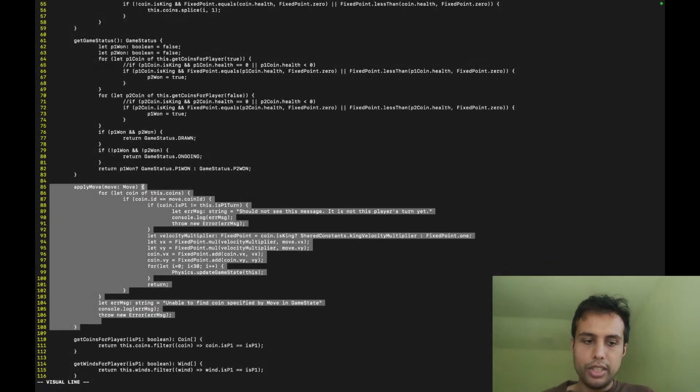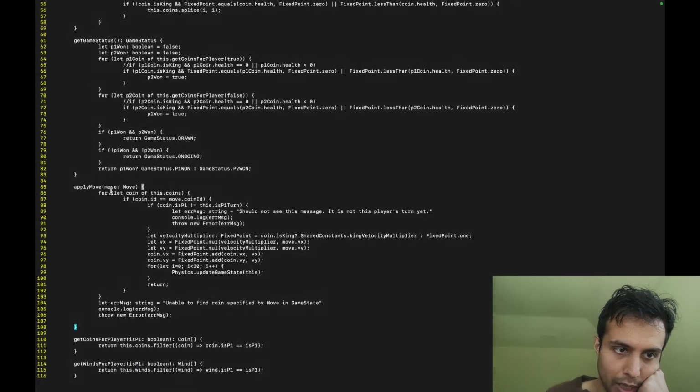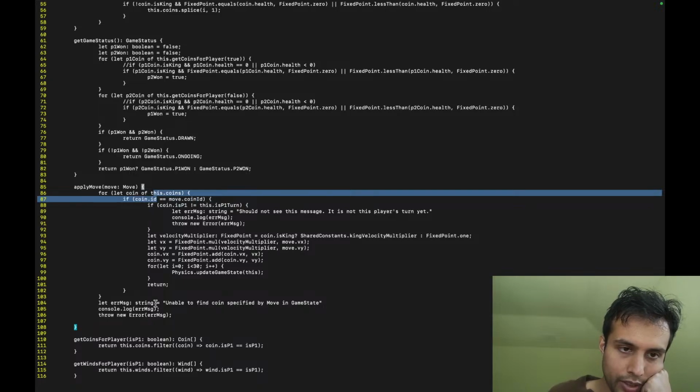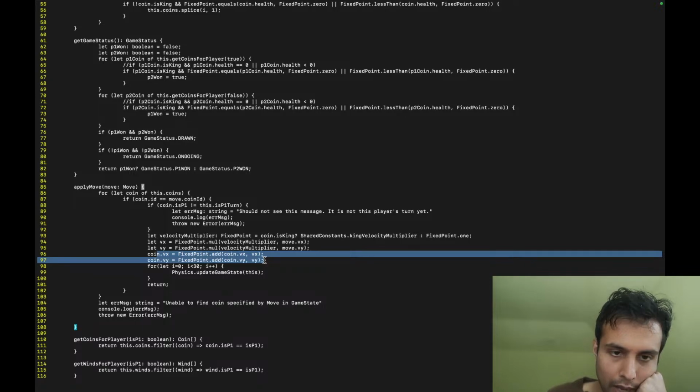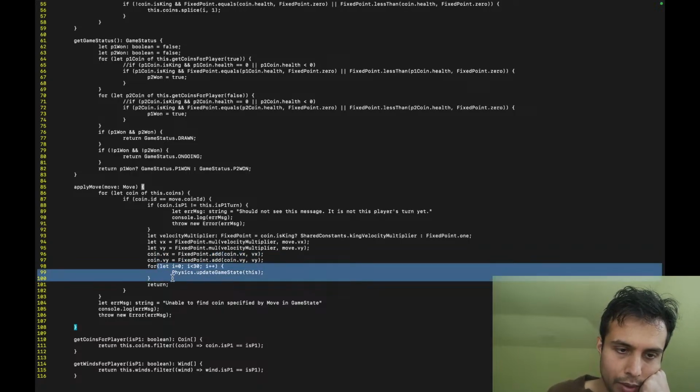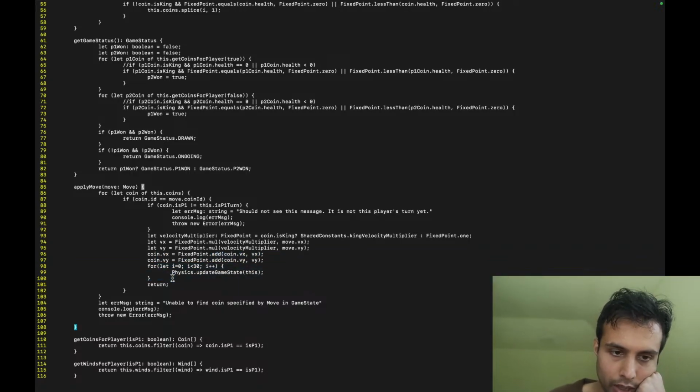What apply move does is it takes in the move, it finds the coin, matching the coin ID on the move. It searches all the game state's coins, it finds it, it does some error handling, but the happy path is it finds the coin, applies the velocity contribution that the move tells it to its coin's velocity, and then it basically advances the state. It just advances the state, lets it play out.